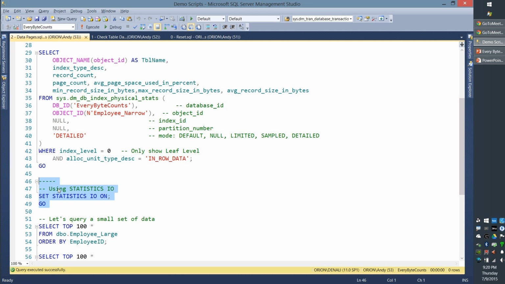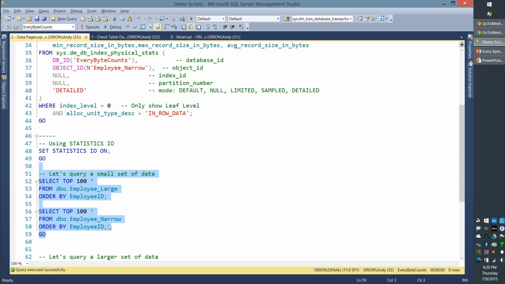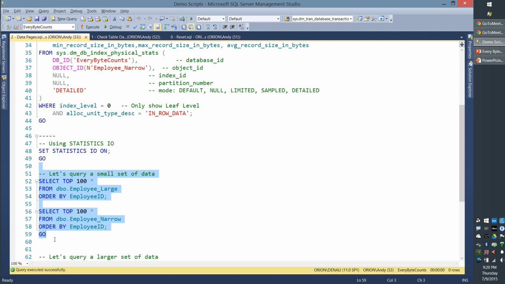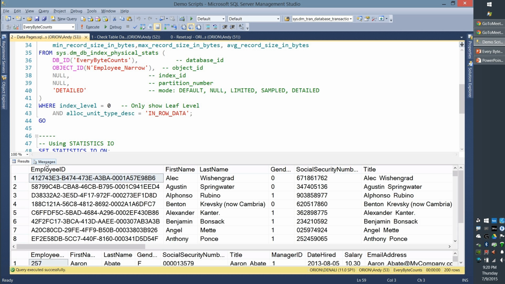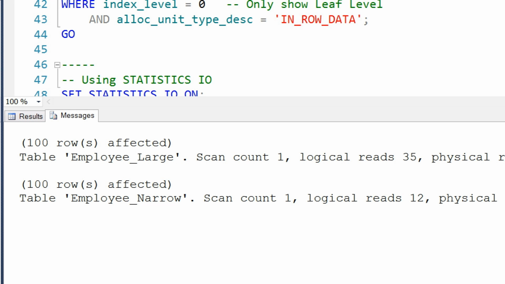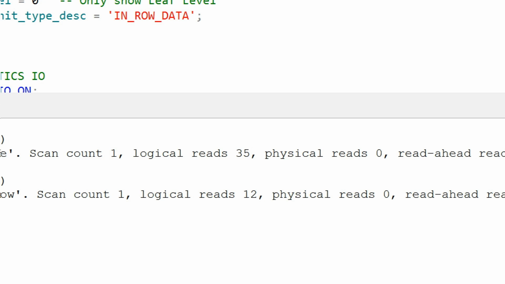So let's query a small set of data. I'm just going to do top 100 out of employee large and out of employee narrow. Execute that. I'm going to go to the messages pane, and we see the output of Statistics IO. In this case, I did one scan each, and we look at the logical reads. The number of logical reads is the number of data pages I had to read in this particular case. 35 from employee